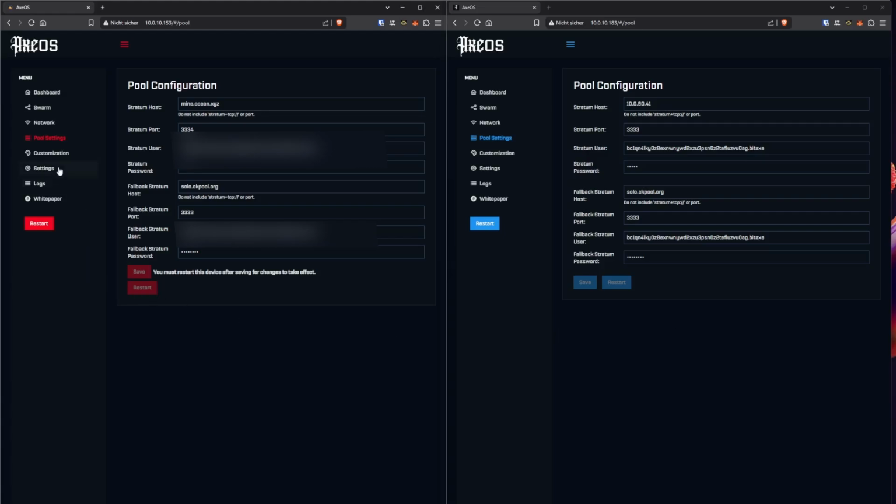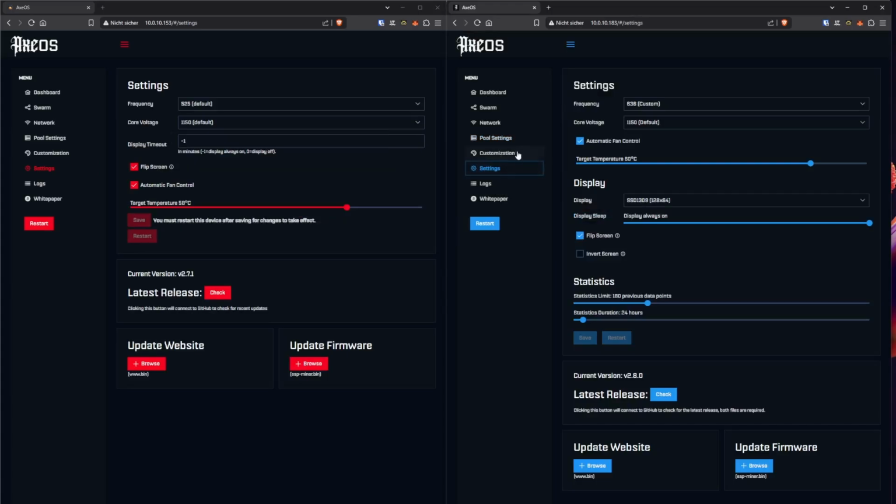Let's hop over to settings. We will just skip customization because there were no changes, and settings is really a huge change that we do have there. So first things first, on the left hand side is the old version, on the right hand side the new version. The first thing that actually comes to our mind here is, okay, frequency looks the same,